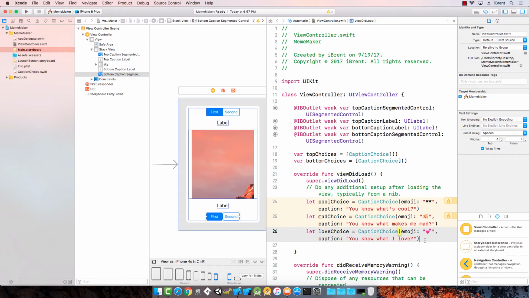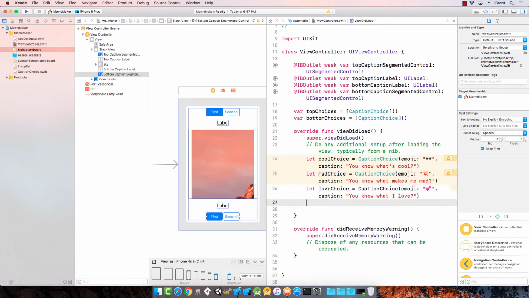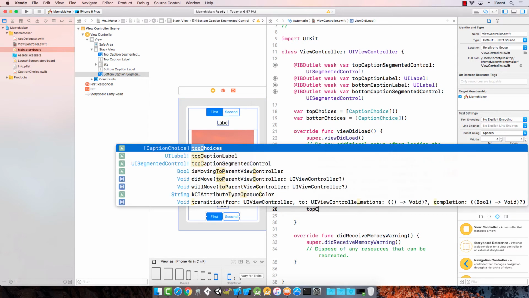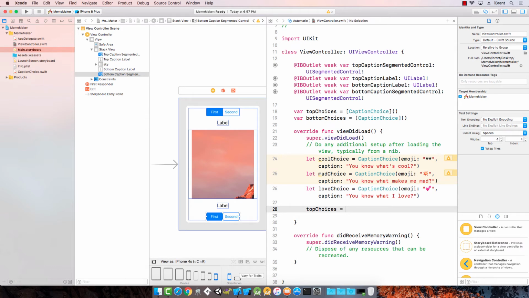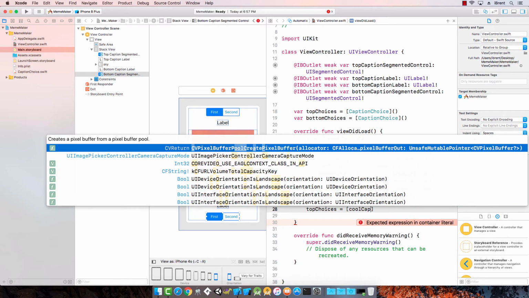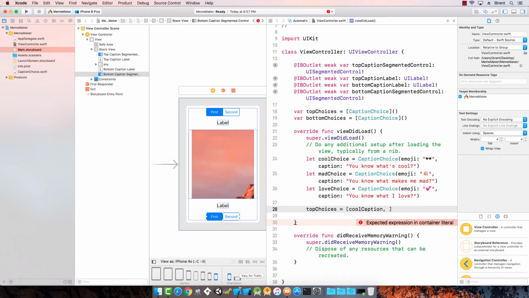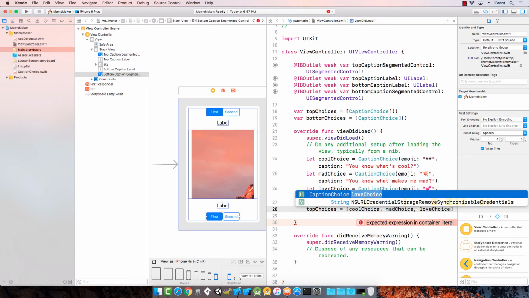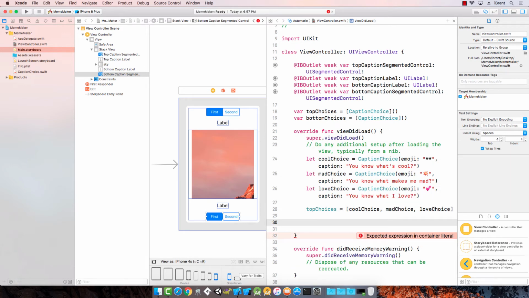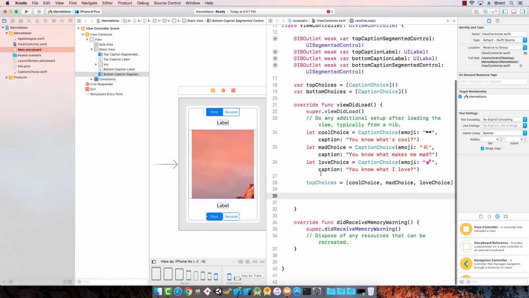Okay. This represents all the choices for the top. So we say top choices equals, and then we have an array literal that just says cool caption, comma, cool choice, comma, mad choice, comma, love choice. Awesome. Now, when we have this array, to use this in a segmented control,